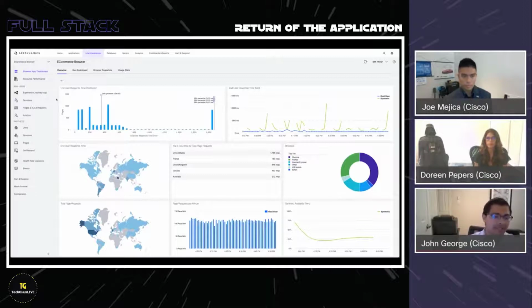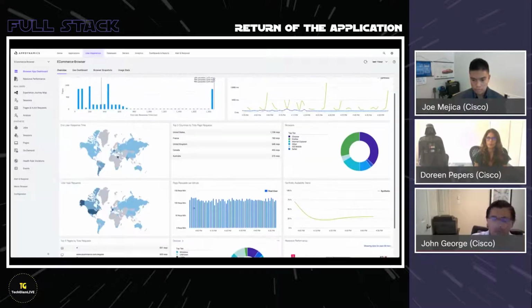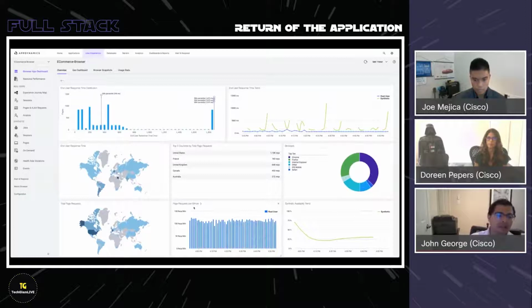With AppDynamics, as you install an agent, you're able to get some of these widgets automatically populated, which show you the number of calls coming in, where these customers are based, what kind of browsers they are using, what are my top pages that are being accessed, if there are any errors, what devices they are using to access these pages. Very high level information about your end users. So when you're writing features, and if you want to target specific kinds of users, you can use this information